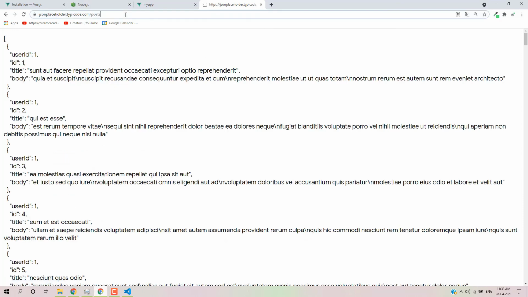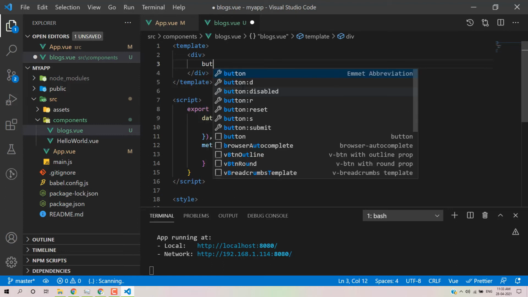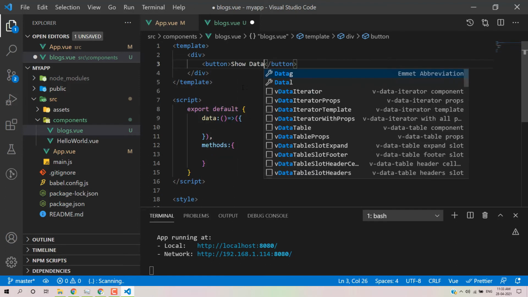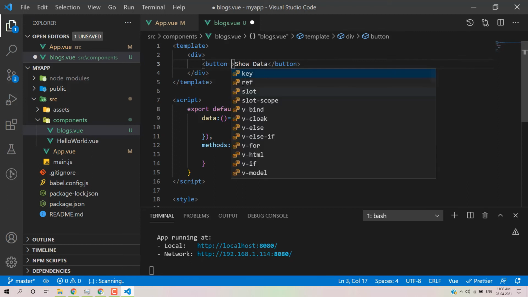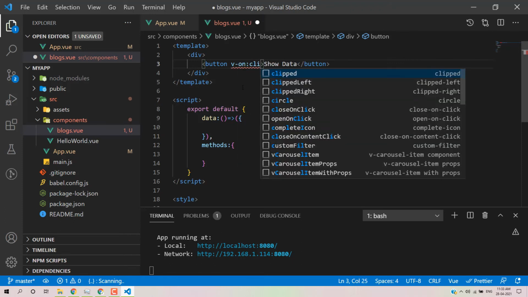Button is for show data. Okay, and we need to perform actions when we click on this particular button, so we have to use v-on:click. Here we can define show data as a method name.